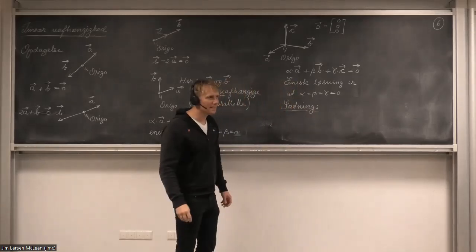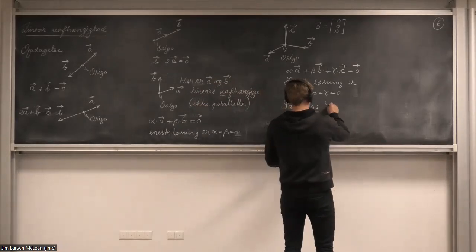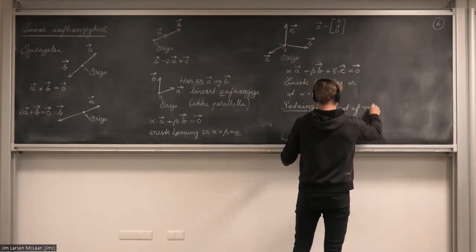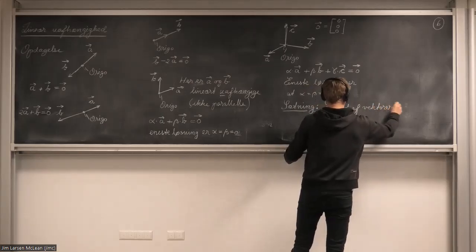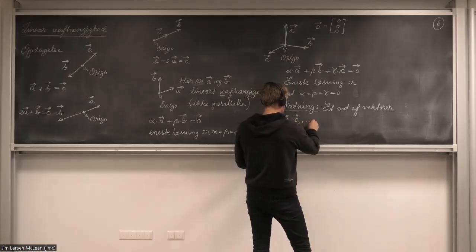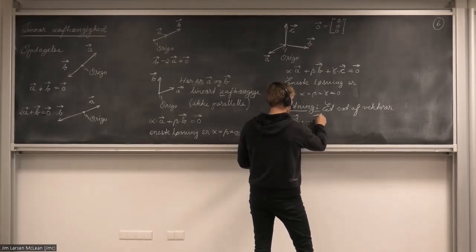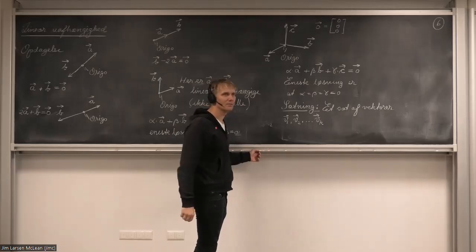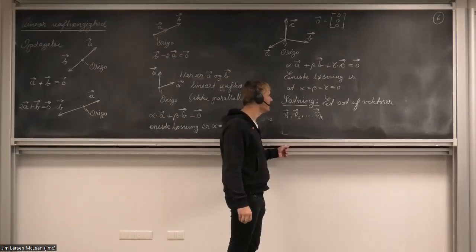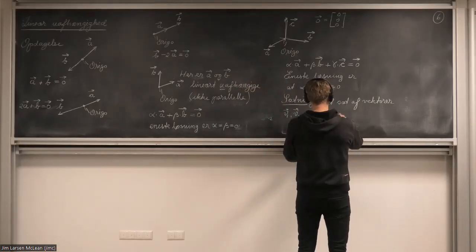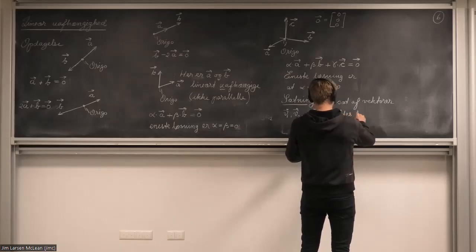It sounds like a set of vectors: vector v1, vector v2, all the way up to vector vk. So a set of k vectors, where there should be as many as necessary, but there must be a finite number, for example 1000. A set of vectors is called linearly independent